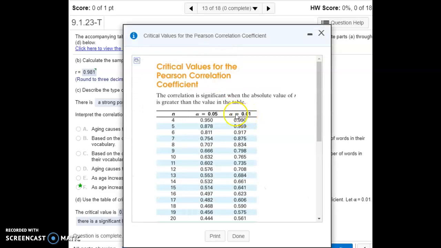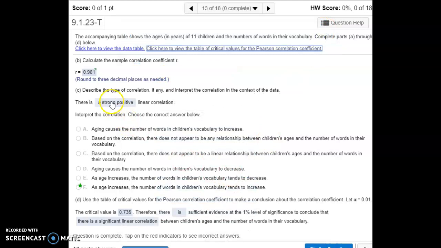So at the 1% level of significance, our sample size was 11. So come down here. This is our critical value. As long as r is larger than that, then it's a strong positive linear correlation. So that's what we're doing here in part D. List the critical value. We're at the 1% level of significance. And since r is larger than that, it's closer to 1,